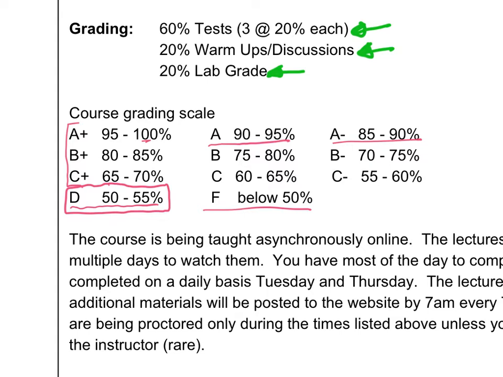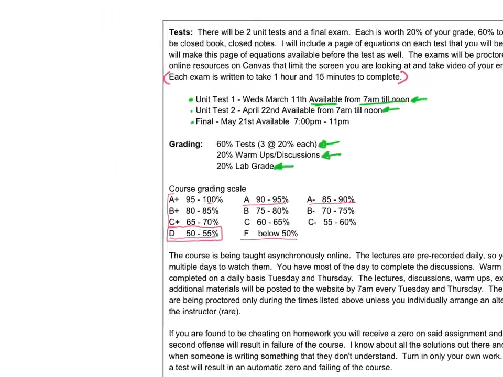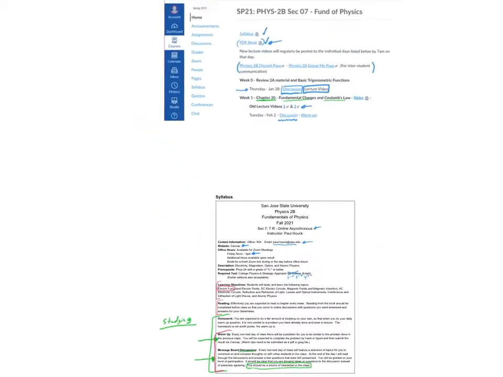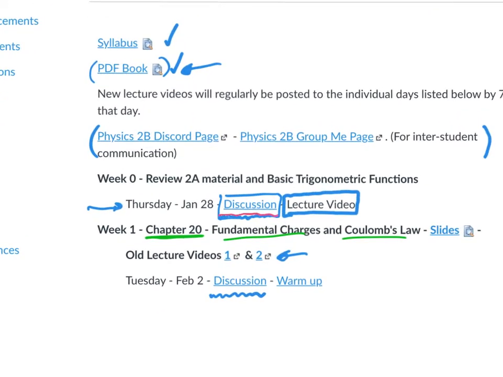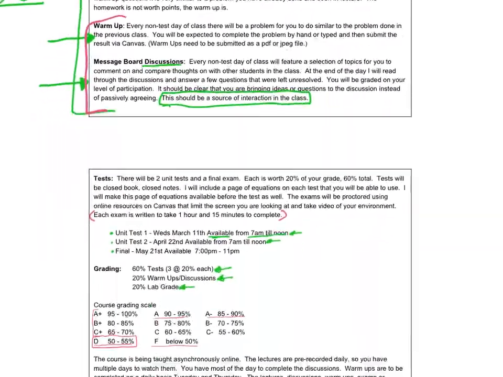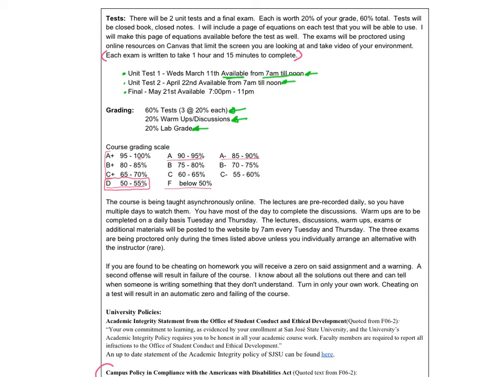I can possibly provide extra office hour times. I can offer suggestions, or maybe you end up just needing a study group. So use the different types of discussion we have available if you just need someone else in the class to talk to, whether it be the discussion boards, the Discord page, the GroupMe page, or during your lab time. You should have plenty of times to interact with other students to build up a good study group so that you don't have to do this alone.